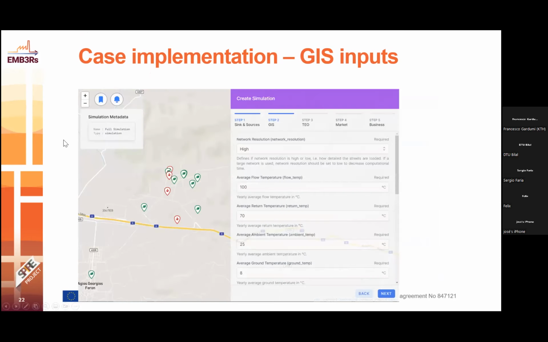And the next step is the GIS module, which also has a set of several inputs, such as what type of resolution for the network we need. The high resolution chooses all possible links. The low resolution looks only at highways. So there are several functionalities of each of these modules, which depend on these inputs, and all of these inputs are also found in the